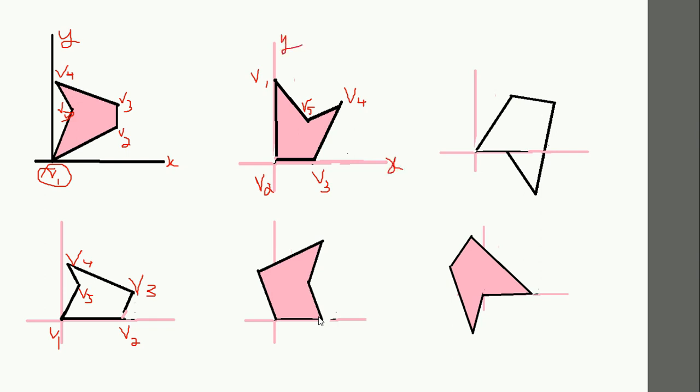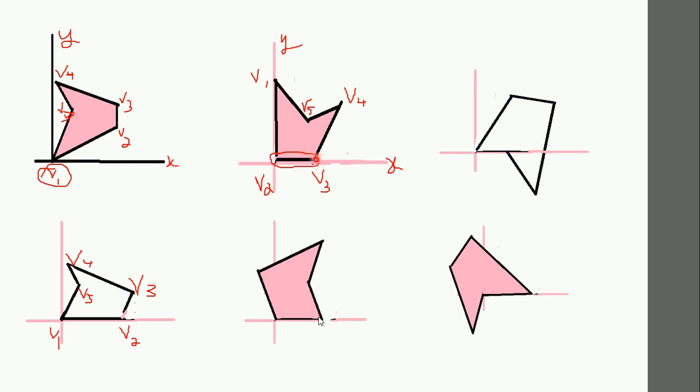Here let me take the edge that is lying on the x-axis and consider the other vertices. What are the other vertices you have to observe? That is v4, v5, v1. Again, these vertices also lie above the x-axis. So now you have to go for the next vertex to be selected. v2 we have taken already to the origin.